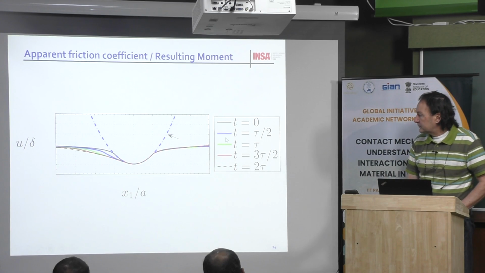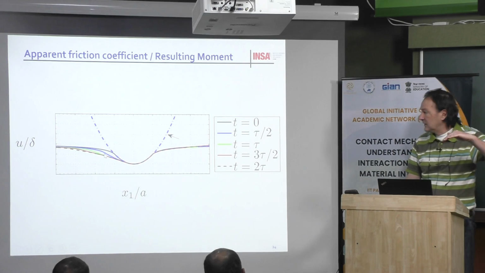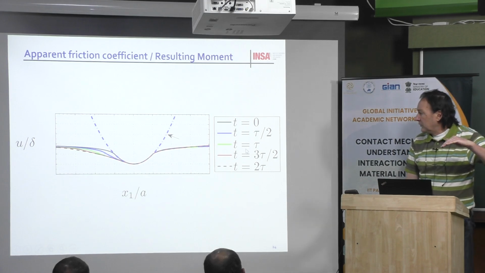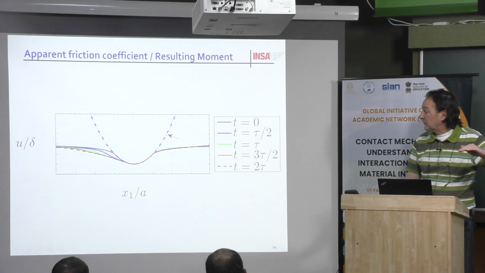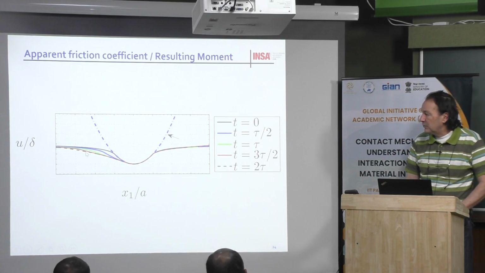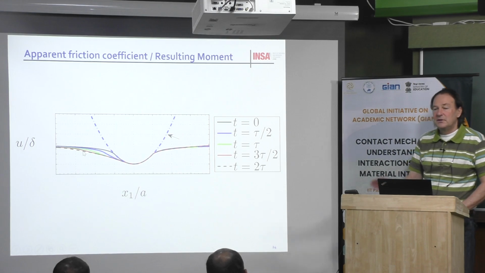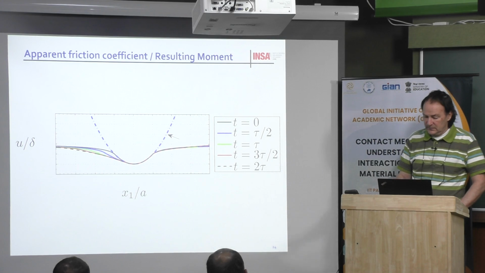Then you will have, at the beginning, tau divided by 2, you can see the blue curve, which is the geometry of the surface. And for t equal tau, you can see here the green light color. This is geometry after tau time. And then we reach something which is a steady state after 1.5 tau time, which are the red curve and the dash black curve. Okay. And after, this is a steady state solution.